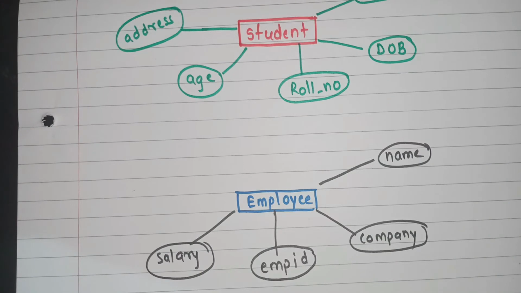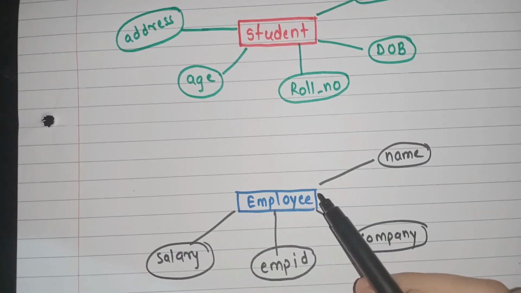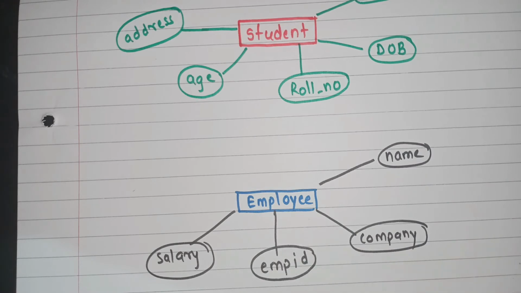Okay, here employee is our new entity and the name, company, employee ID, salary, these all are his attributes. So this is how we will describe the entity and attribute, and I hope you understand what is entity